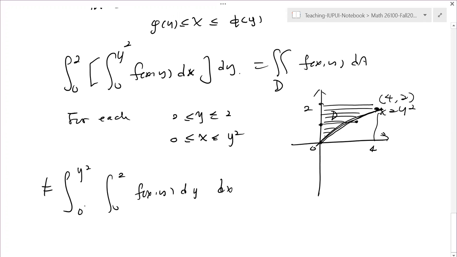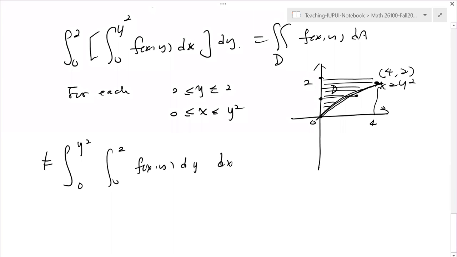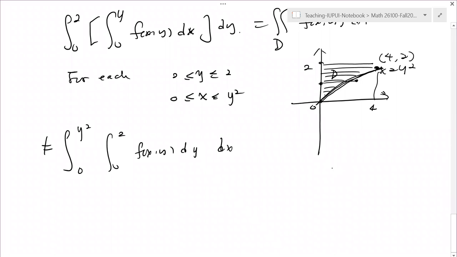First of all, the y variable should be on the left side of the integral. Okay, the integral on the left side. So what you have to do is look at the picture for each x between 4